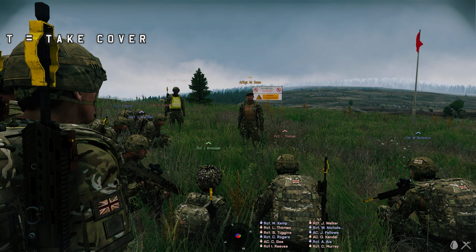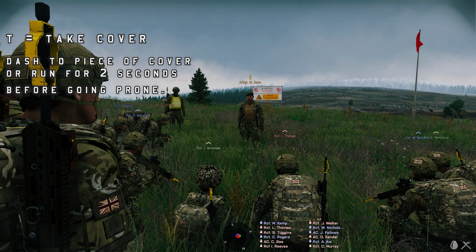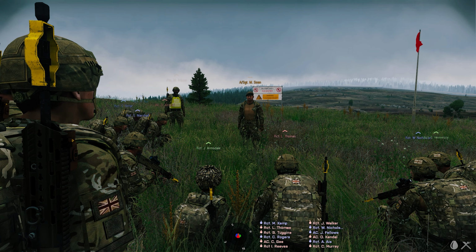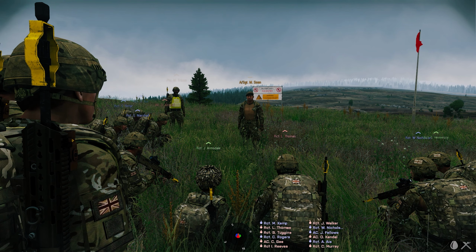How do we take cover then? We need to dash. So we're running, hopefully, to a piece of cover that's near us. If not, then we're only exposing ourselves on the run for a minimum of a couple of seconds. And again, you'll learn the distances between your bounds and that sort of stuff. So we dash, we get down into the prone position, we crawl into a piece of cover if there's a piece of cover near us. Then what we're going to do is observe the ground, looking for that enemy position. Once we've observed it, we're going to bring the sights up, and then we're going to engage,